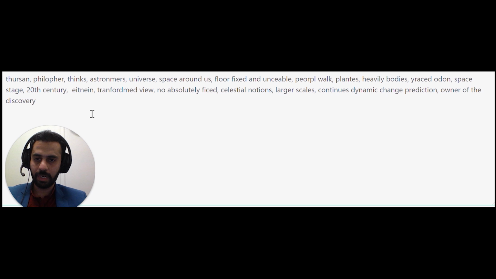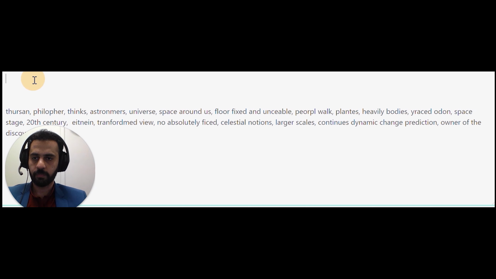Okay, now let's use all these words in the template. So let's start off with the template. The template is very easy to use, guys. There's nothing too tricky about the template, but we need to understand the implementation of these words into the template. So let's try putting them into the template. The very first sentence is the common sentence, which is dash was the main topic of the lecture. Now in the dash, we're going to put the main topic. Whatever you think is the main topic, put it there. I think it was Einstein, so I'm going to put Einstein